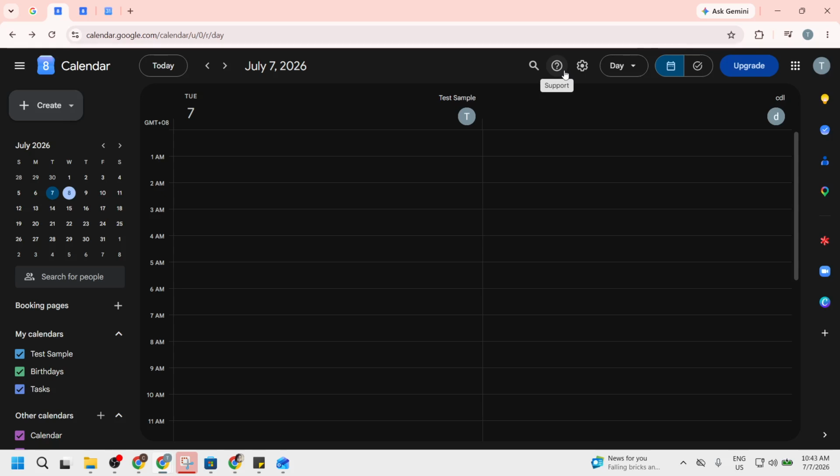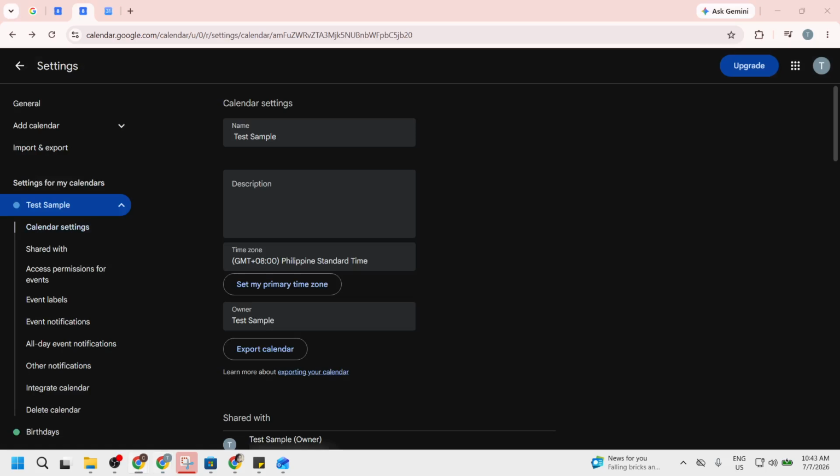Now hover over your calendar name on the left sidebar. You will notice 3 vertical dots appear next to it. Click on these dots and a drop-down menu will appear. Choose the Settings and Sharing option from this menu. This step is vital because it opens up various settings related to your calendar, including sharing options. You will be taken to a page where you can adjust who can see your calendar and how much detail